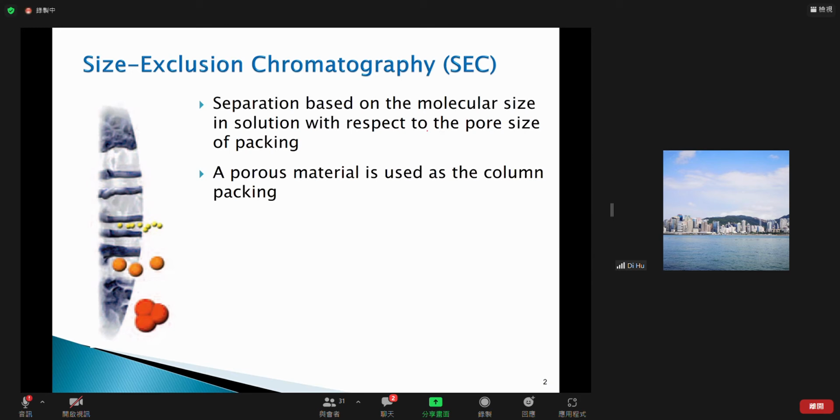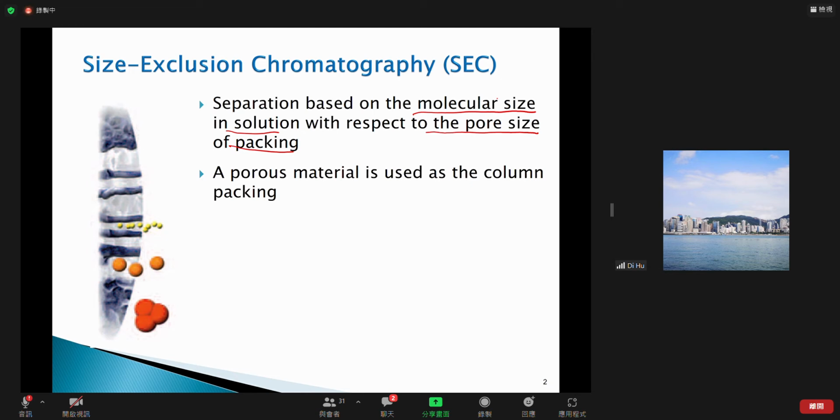So here you can see two sizes mentioned. One is the molecular size of the analyte. It's actually the hydrodynamic volume, because it's the hydrated molecule. And the other is the pore size of the packing. So the size of the molecule and the size of the pore determine where the compound